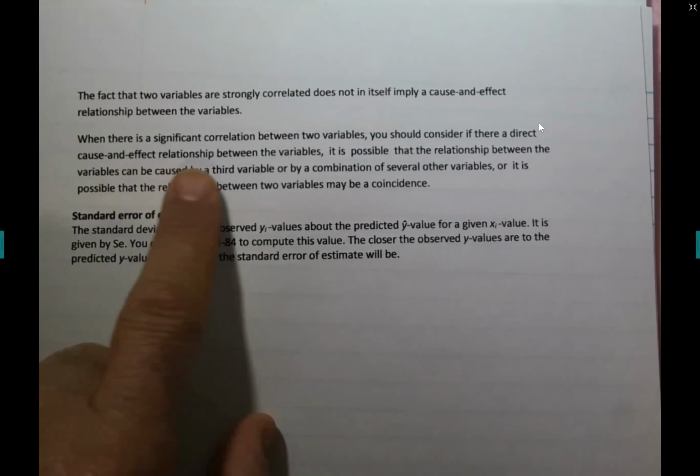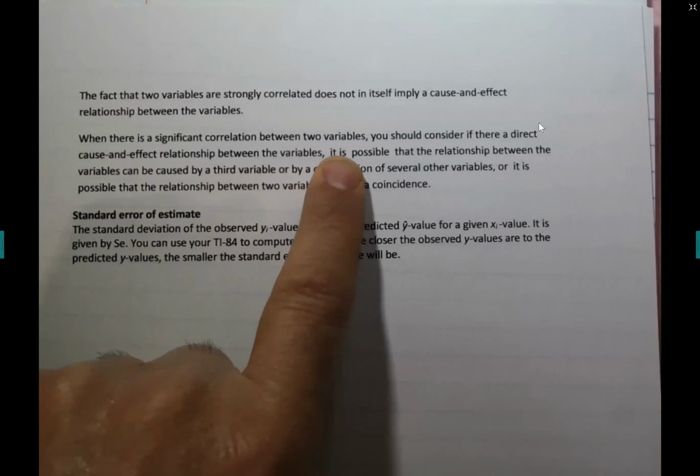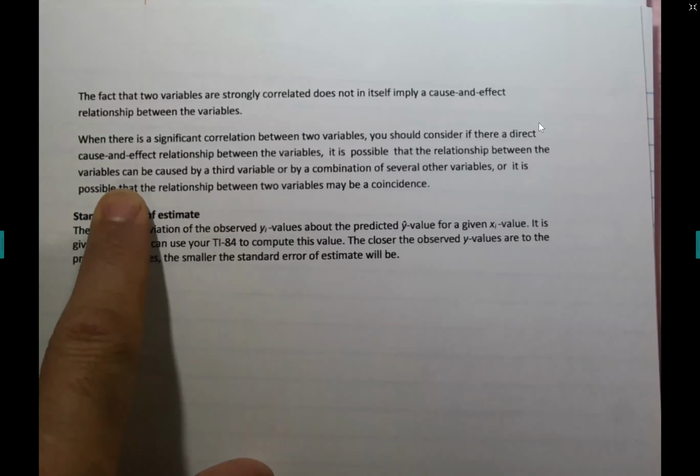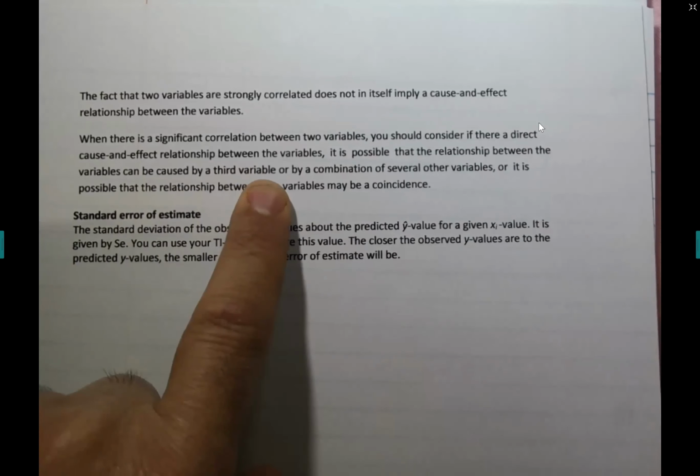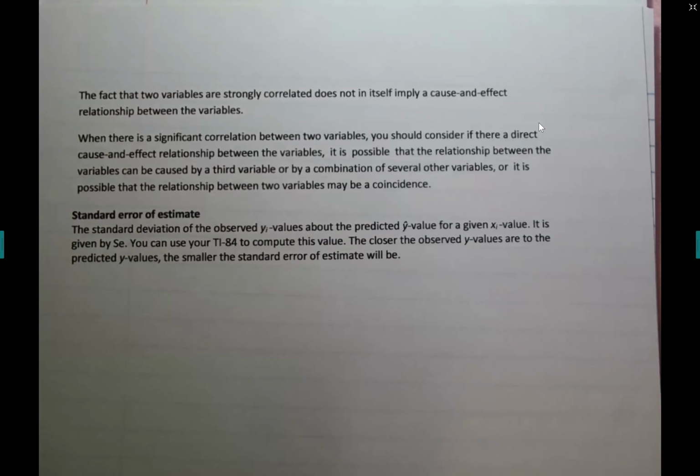When there is a significant correlation between two variables, you should consider if there is a direct cause and effect relationship between the variables. It is possible that the relationship between the variables can be caused by a third variable or by a combination of several other variables. So yes, smoking is a big factor that would lead to lung cancer, but that's